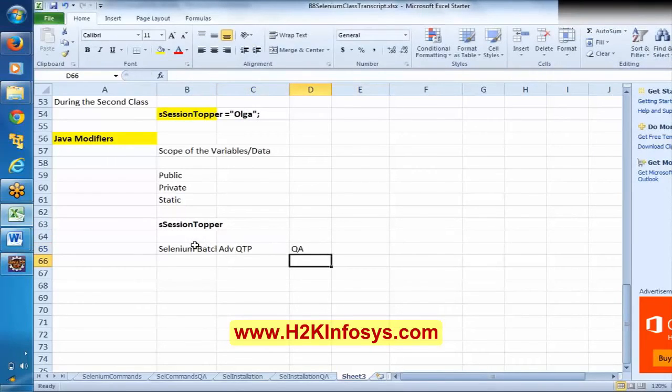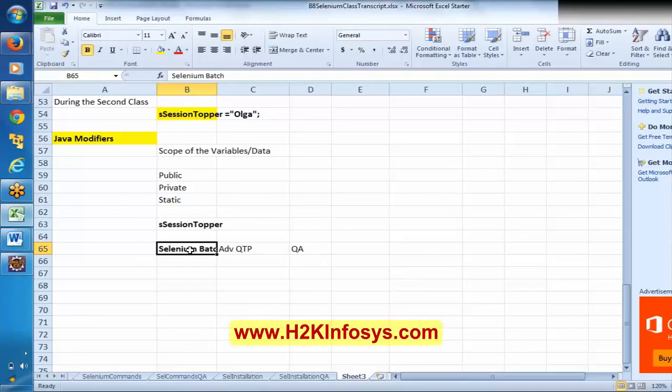If a student from the Selenium batch logs in, that student should see only the session topper of their batch. Similarly, when a student from Advanced QTP logs in, it should show the information of the Advanced QTP session topper only.